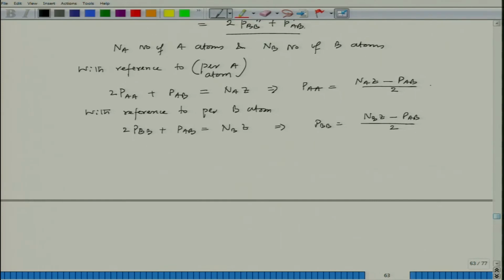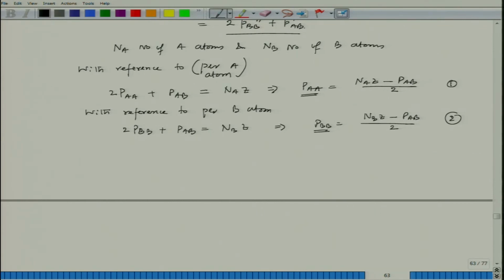So, PAB type is also considered, and this PAB is considered with reference to per A atom as well as per B atom. So, then we are coming to this particular equation. This is one equation, this is equation 2. And remember, this particular quantity we will be replacing in